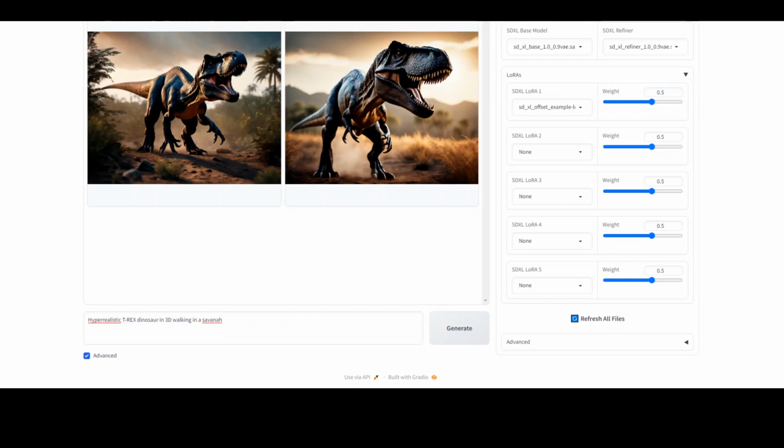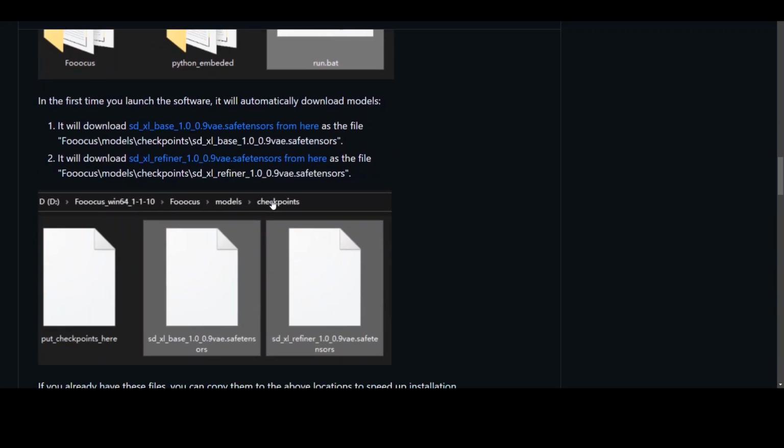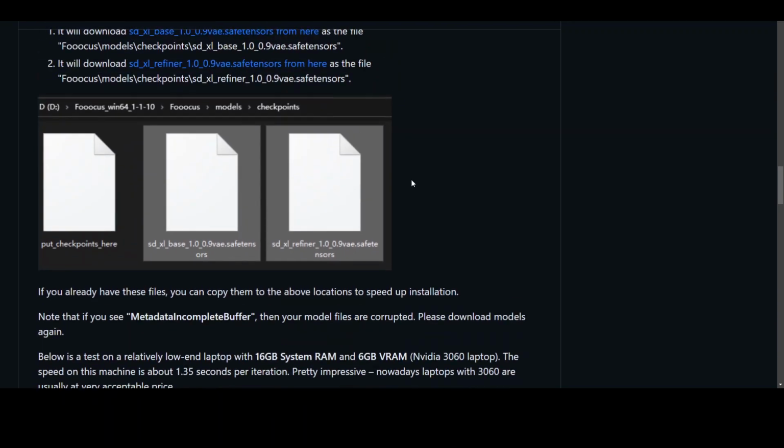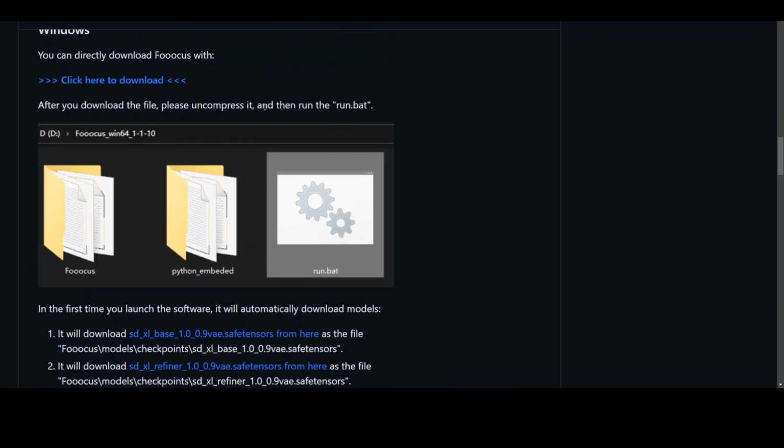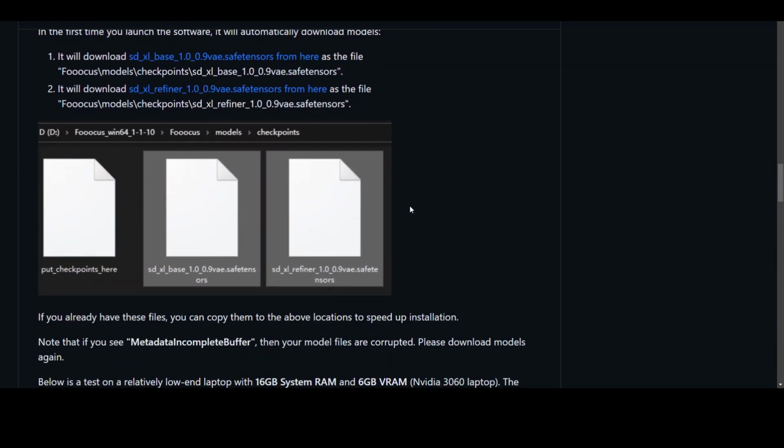For the Linux one, let me quickly show you the Windows one too. So if you go to this GitHub repo, to which I will drop the link in the video's description, the Windows steps are very simple. First, right click and save as, and download this Fooocus software. Once that's done, simply launch the software by running this batch file, and this is all you need to do. Download it, unzip, and then just right click and run.bat. Once you run it, it will download this base model and the second model, a refiner one. And once that's done,